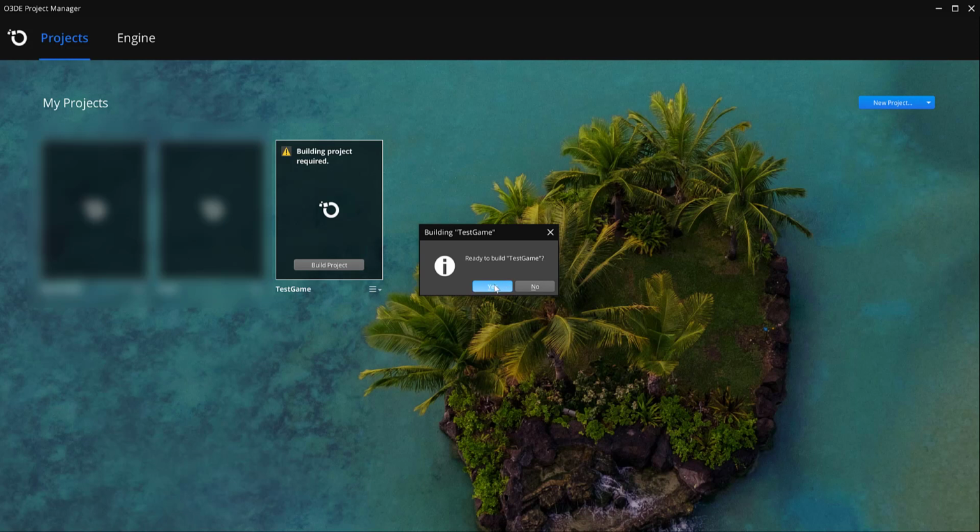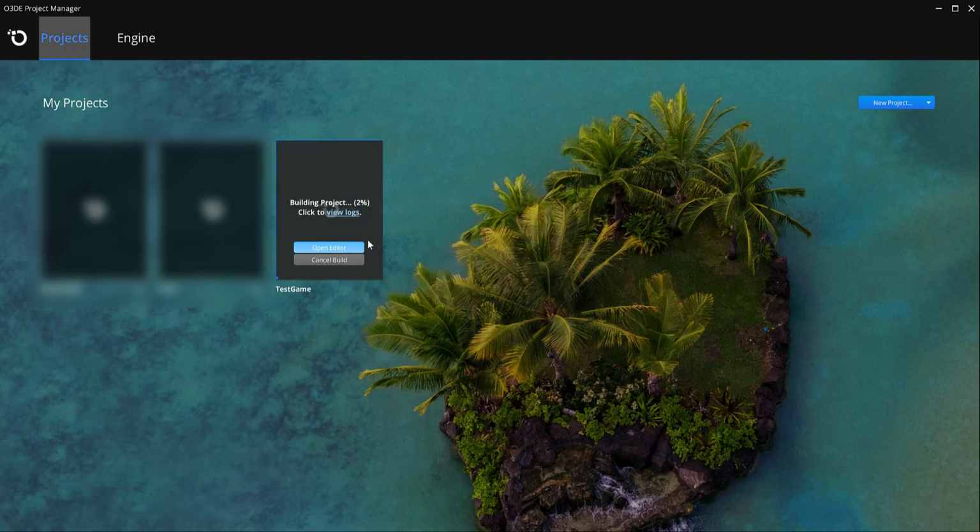And it says it's ready to build. I'm going to go ahead and hit Yes. I'm going to pause the video and let this install, or build rather. Then once we get back in, I'm going to show you how to add gems. Under our Projects tab, what I'd like to do is actually add 2 gems to this that allow us to